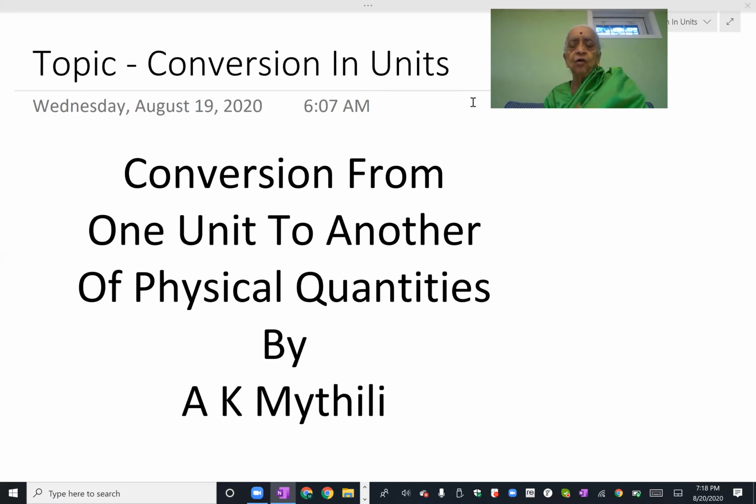There are prefixes such as in the SI system, in the subunits and the superunits. You have milli, which will be the first smallest unit, which is 1/10 of a centi quantity, which is 1/10 of a deci quantity, which is 1/10 of a quantity itself, and which is 1/10 of a deca quantity, which is again 1/10 of a hecto quantity, and which is 1/10 of a kilo quantity. So there are 7 units from milli unit of any quantity to the kilo unit of that particular quantity.